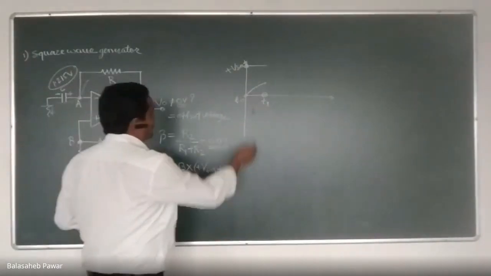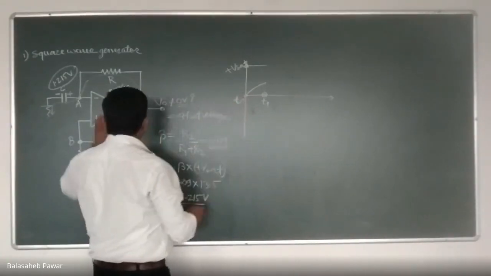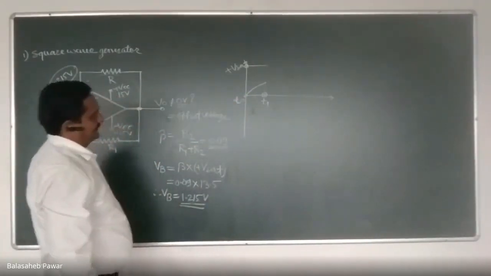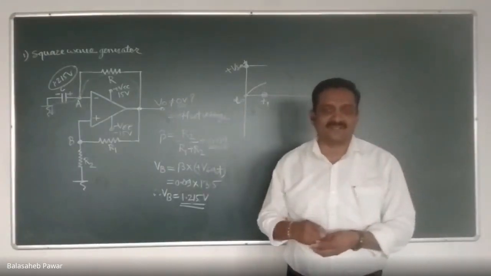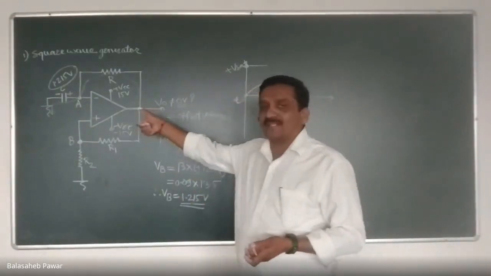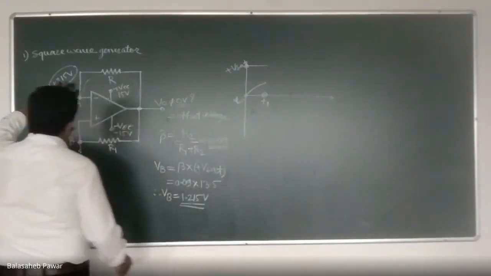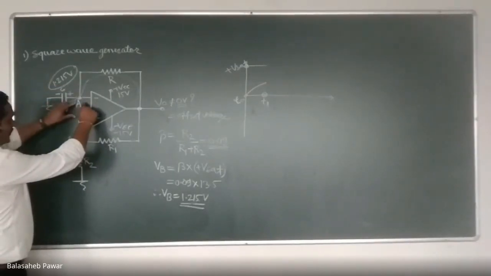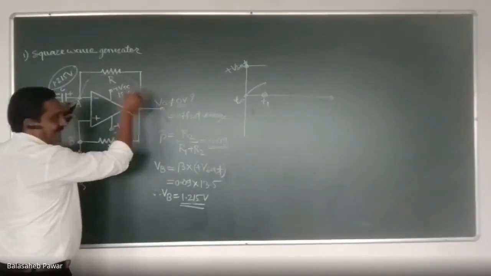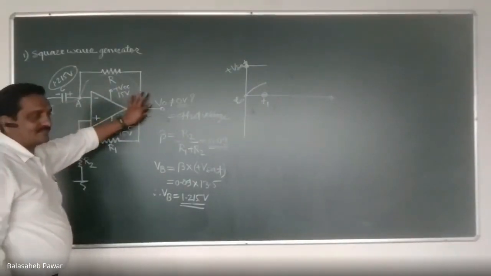So at t equals T1, my simple question: how much will be the output of the op-amp? Fast, it's very simple. 0. It will become 0 because the differential voltage will become 0. Correct? At t equals T1, as the capacitor voltage equals this node B voltage, the differential voltage becomes 0 volts. And what is the output of the op-amp? Gain times differential voltage. And that's why it will become 0. Right?